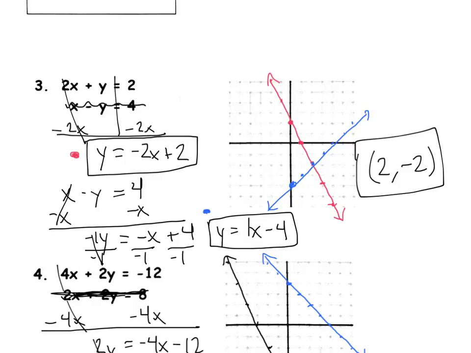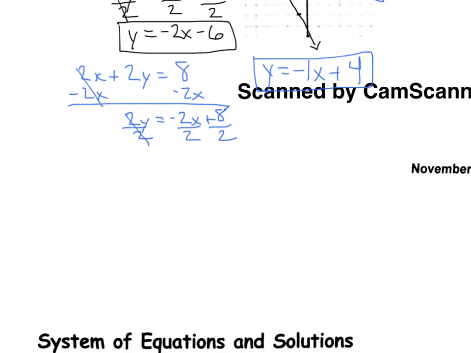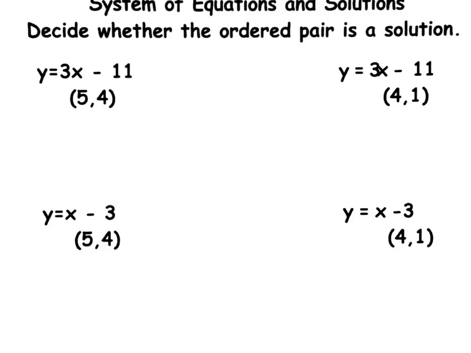How do we check? Is there a way to check and see if I graphed them correctly, if this answer is correct? And the answer is yes. You can actually check your answer. So there's no excuse on why you're getting wrong answers. What you can do is take your point, take the 2 as the x and the -2 as the y, and plug it back into both equations, and see if it comes out to be a true statement. So how that looks, if we go back down here now, let's say that